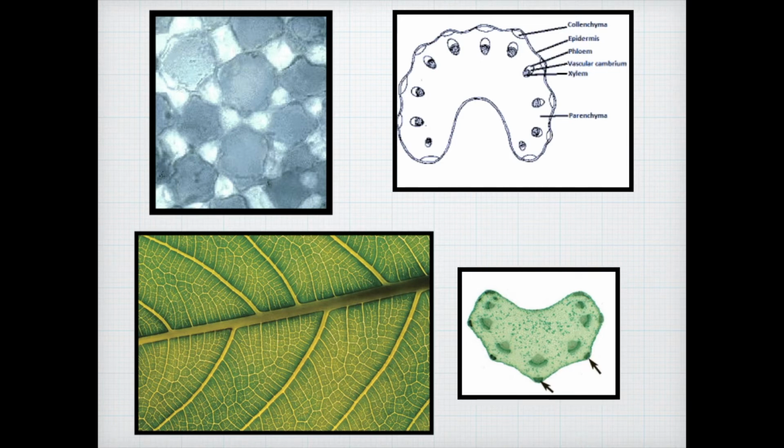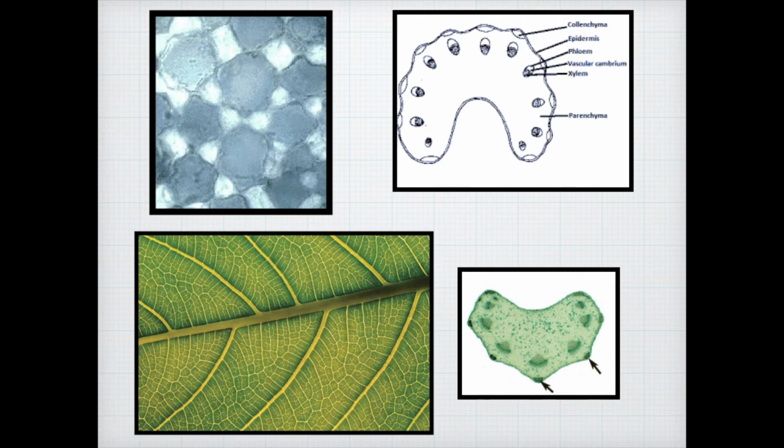In the second image, you can see the collenchyma tissue is clearly labeled. You have the epidermis, the first layer of the plant, and right below it is the collenchyma tissue, and inside it you have more tissue. You have phloem and xylem, and the gap between the phloem and xylem is filled up with parenchyma tissue. Then we move on to the next one, which is the image of a leaf.